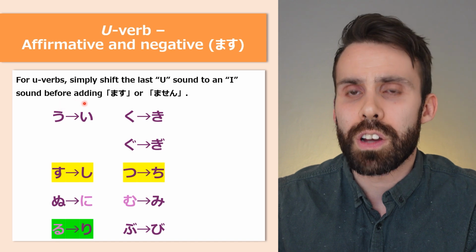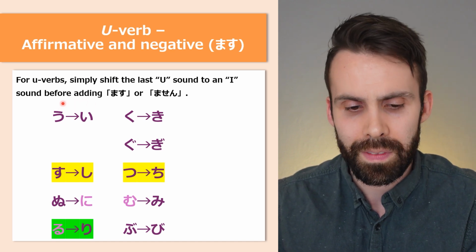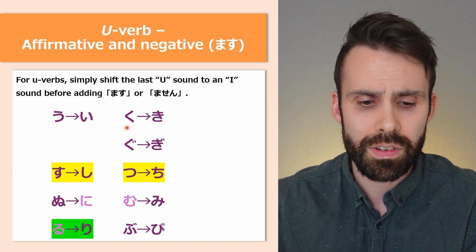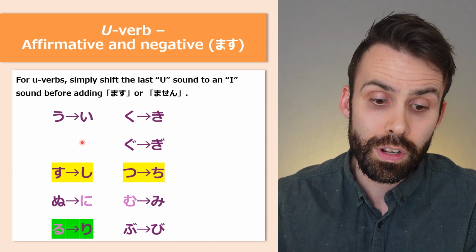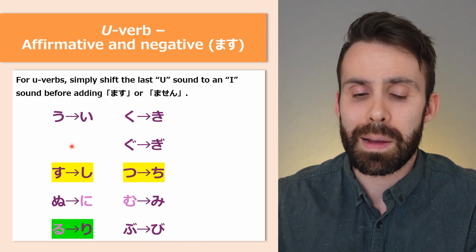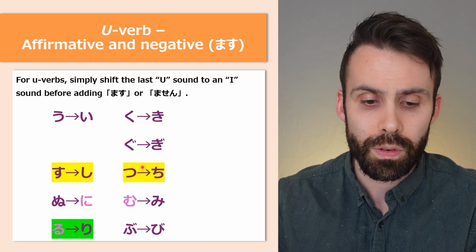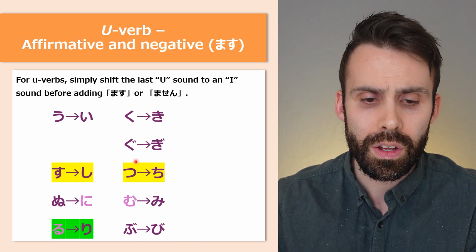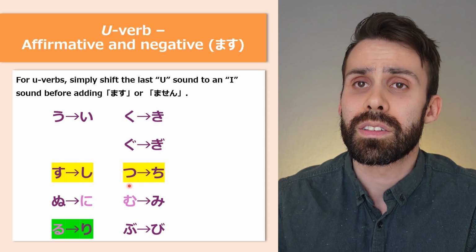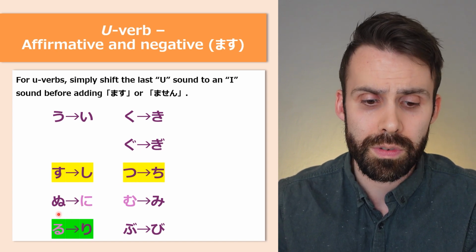So u becomes i, ku becomes ki, gu becomes gi, su becomes shi, because there's no si in Japanese, so su becomes shi, tsu becomes chi, because there's no ti in Japanese, nu becomes ni, mu becomes mi, ru becomes ri,